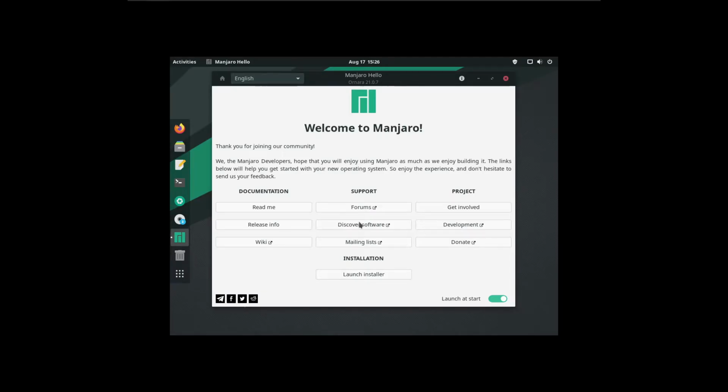So that is the first window of Manjaro during the installation. At first, I am changing the display resolution of the window for better visibility.